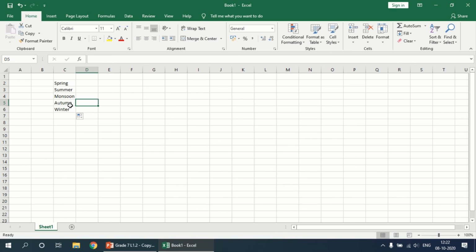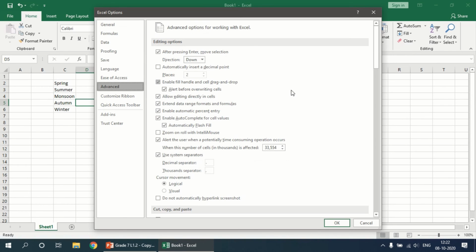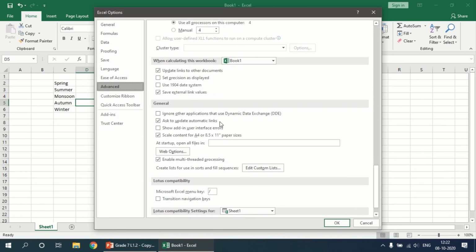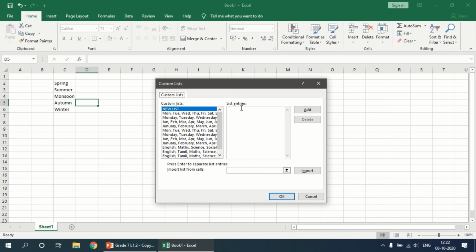So these are the two methods. The first method is importing the list of items. The second method is typing the list directly in the custom list dialog box. Now let's see how to edit or delete the custom list. So go to File tab, click Options, click Advanced, scroll down, and in General you click Edit Custom List. So now you want to delete the list of items, or edit it. For example, in the subjects list you want to add one more subject, Sanskrit. So click Enter and you can type, okay, Sanskrit.